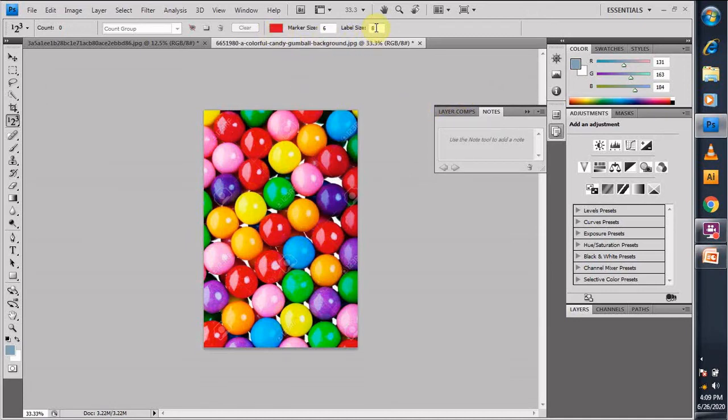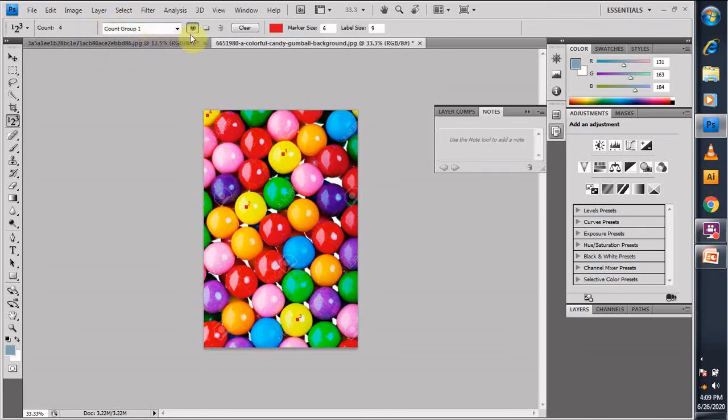And label size, if I click on the label size like 8 or 9. So if I click on the yellow balls, I want to count 1. Label size is the normal size of the label, like you are seeing over here, 1, then this is 2, then this is 3, and then from here it is 4. So this is the counting we have done.